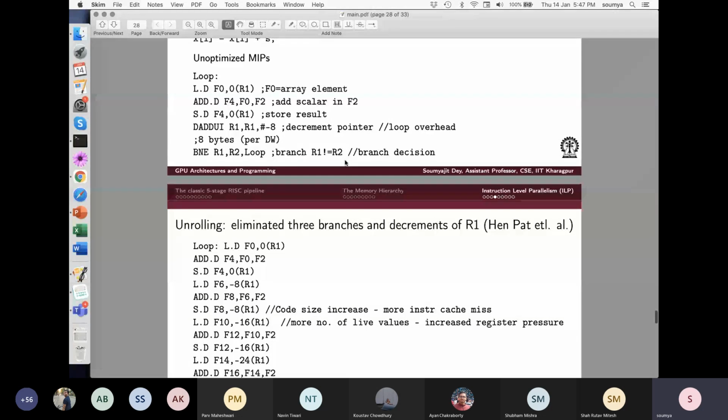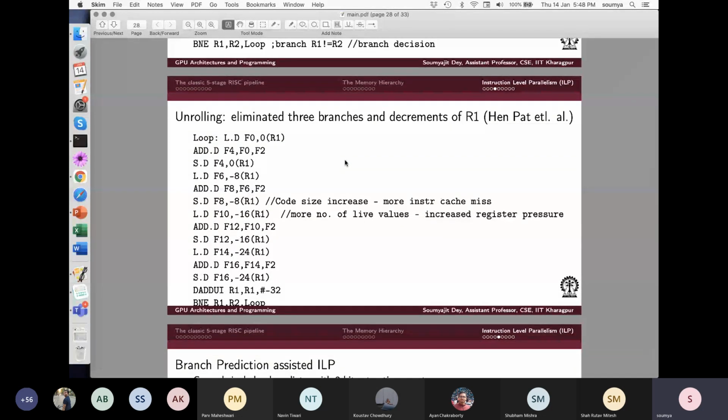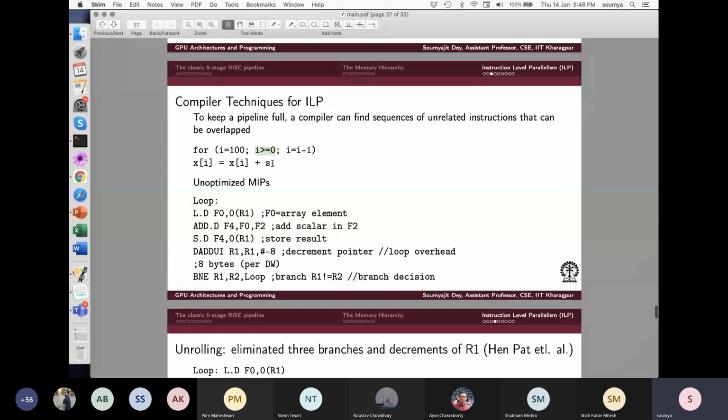But does that mean that I will unroll the entire loop? What do you think? No. Why? Because the code size will increase then. So like we have said, what is the advantage of a loop? Computer programming is all about nice loops, right? You give a function and you say that you repeat and repeat and repeat this function. So my specification is this much, but with this I can make a computer busy for 1,000 hours, right? I have to just control the value of i here, right? So that's the advantage of a loop.